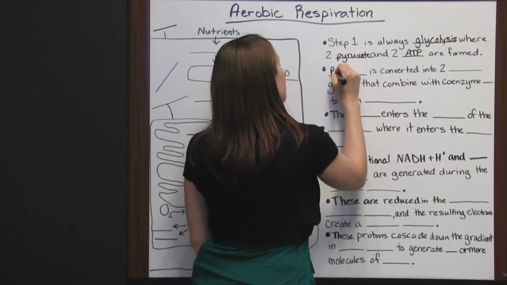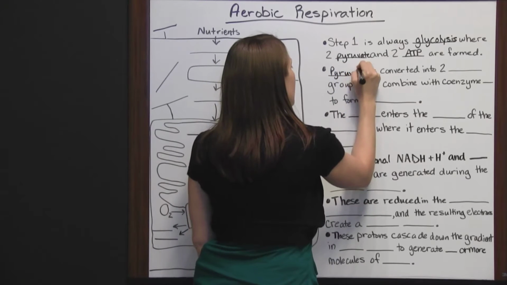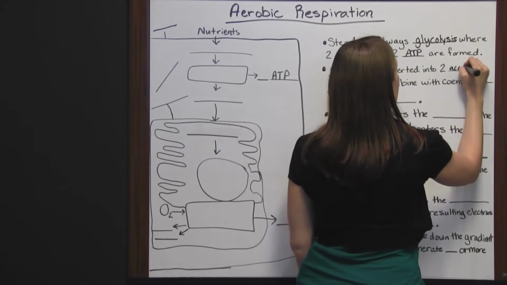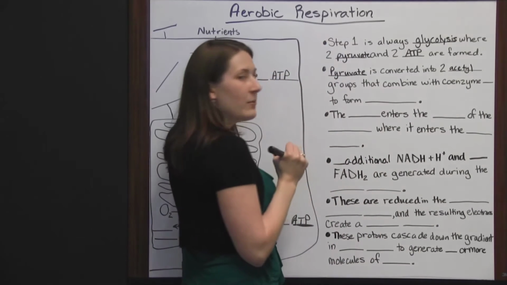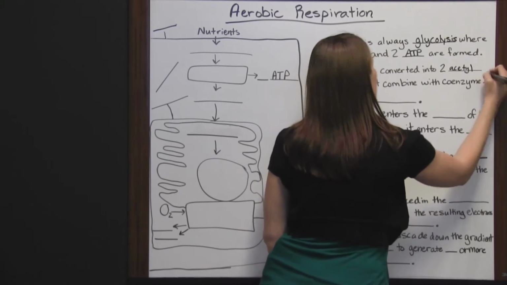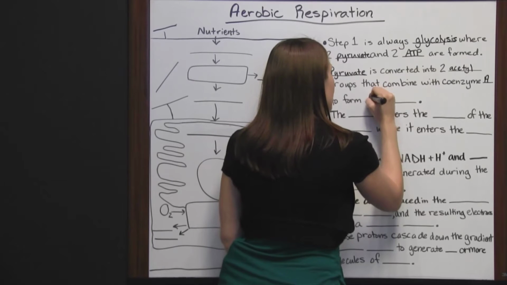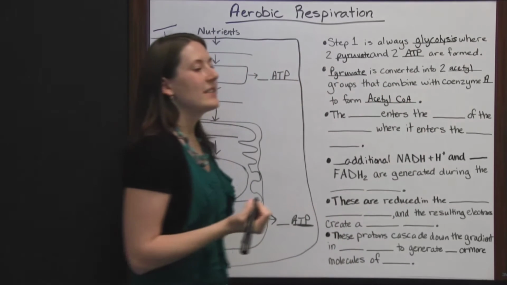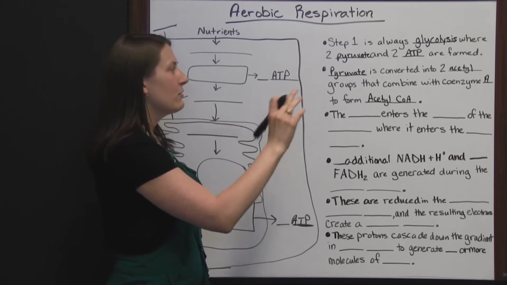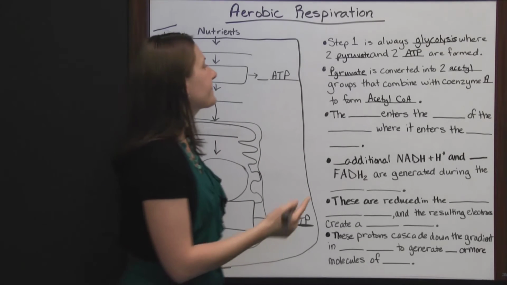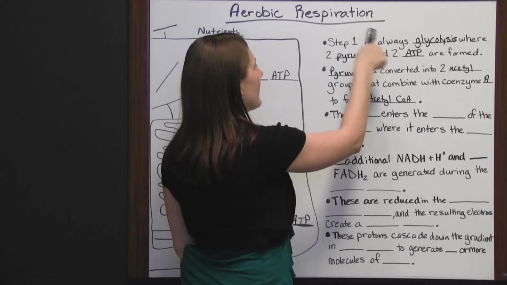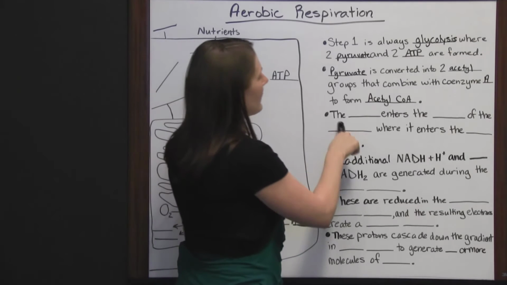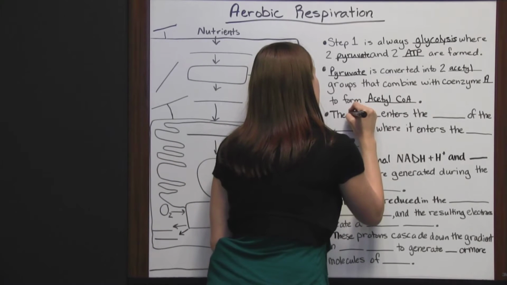So the next step is where our pyruvate is converted into 2 acetyl groups that are combined with coenzyme A to form acetyl-CoA. And that's just an abbreviation letting you know it's the acetyl groups combined with coenzyme A. And we got this from pyruvate, which we got from glycolysis, where some glucose was broken down. So let's keep going. Next, the acetyl